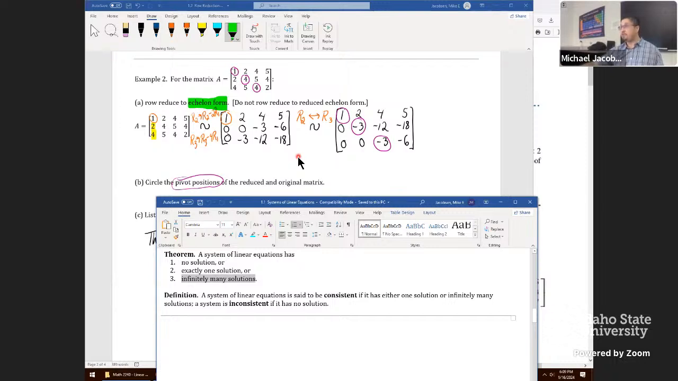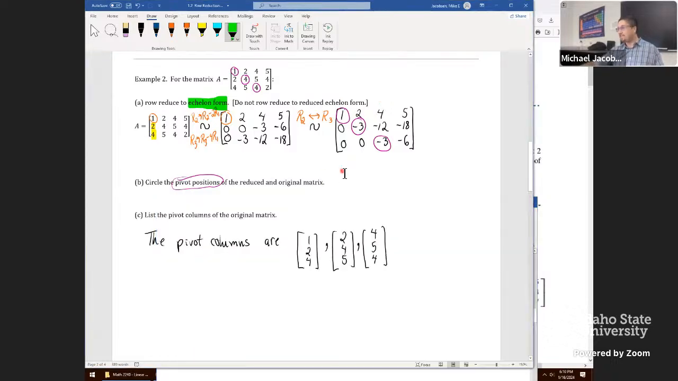Infinitely many solutions would happen to this system if, say, instead of a -3 here and a -6, there was a 0 and a 0. It's still consistent, but now there is a free variable. There'd be no pivot tied to x3, and that's what gives it infinitely many solutions. x3 can take on any value now. So that's what we're going to take a look at through